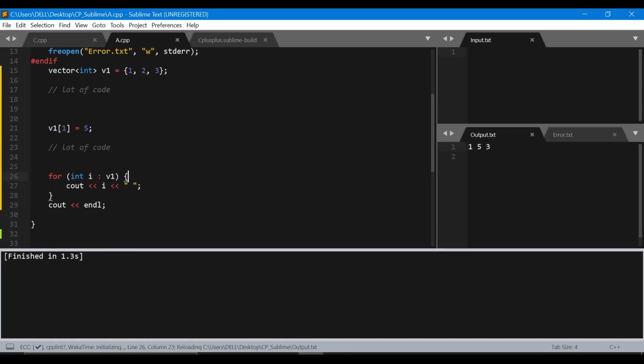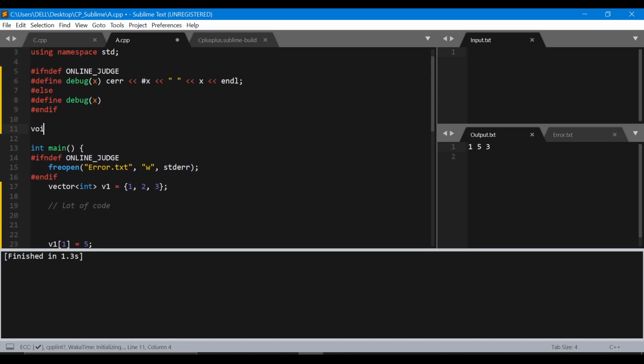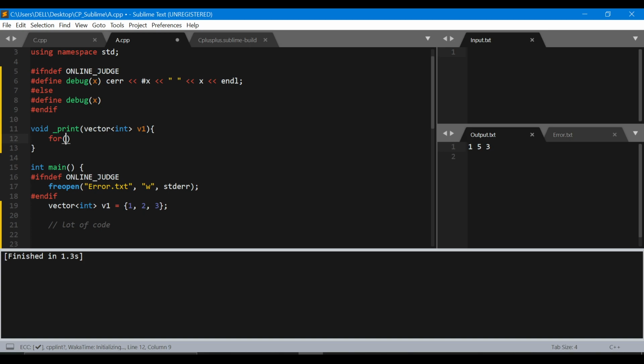Right. So again, you have your output inside your output.txt file. You would want your output to go inside your error.txt file here. And again, if you have, let's say 5 vectors, you cannot be writing this for loop 5 times, right? This would be just really very repetitive. So again, if something is repetitive, what do we do? We create a function for that. So we can create, let's say, a void print function, and we can pass in a vector of type int to it. And here we can do that same thing.